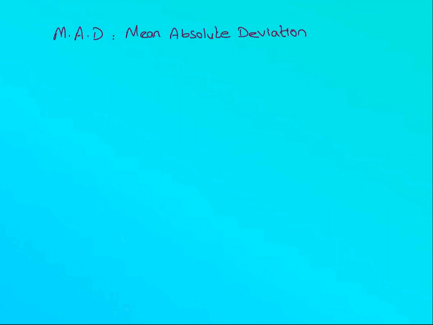Now the second measure of dispersion we have is the mean absolute deviation. Now this is something which is new to all of you. It wasn't there in O levels. So let's see what the formula should be. So first thing, what is deviation? It's x minus x bar. And it's absolute deviation, which means mod of the deviations. Absolute means without the sign, so we put a mod. Then you have to find the mean, which is just summation upon n. This is the formula for mean absolute deviation of any set.